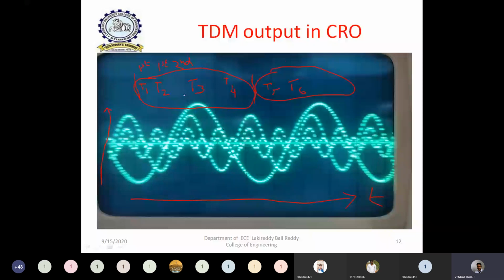For example, here we are taking only 4 signals. Like that we can take 100 signals. All those 100 signals are multiplexed on this time shared basis, as I explained here. Of course, in this experiment we can take 3 signals or 2 signals. Based on 2 signals also you can multiplex, and then you can clearly observe how the 2 signals are multiplexed in a very easy way. So this is the multiplexed output.